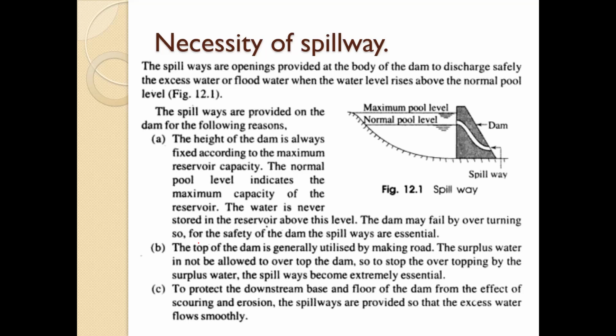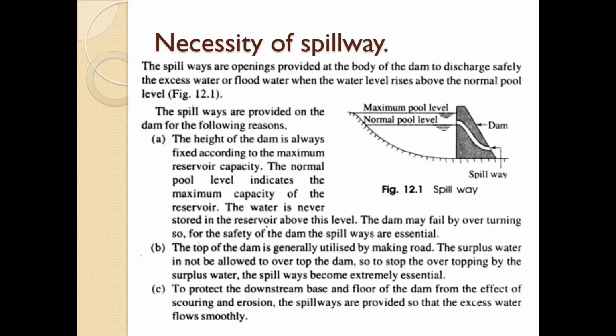Then there are mainly a few types of the spillways, but again one kind of classification is there, that is controlled and uncontrolled spillway. A flow of water over a spillway may be controlled by installing gates over the spillway crest. We have seen so many constructions like this in our region. In such case, the spillway is known as a controlled spillway. The outflow can be controlled in such a spillway and hence it is preferred in modern days.